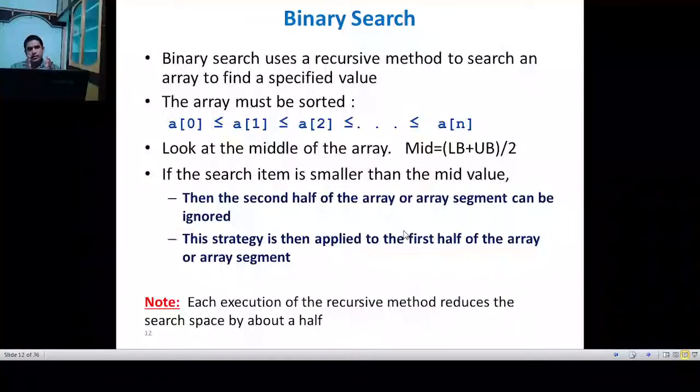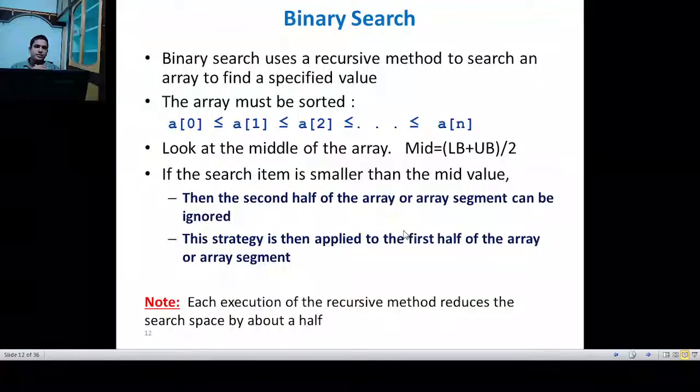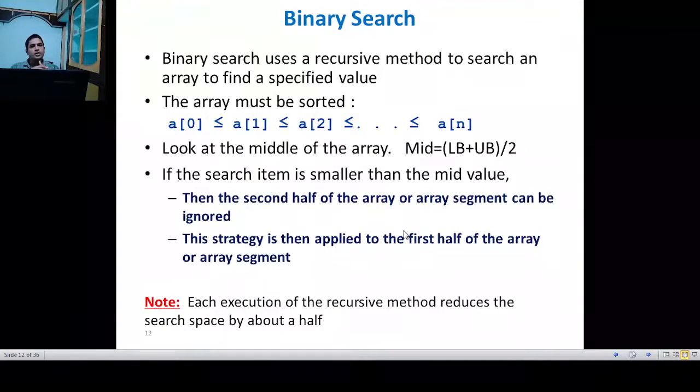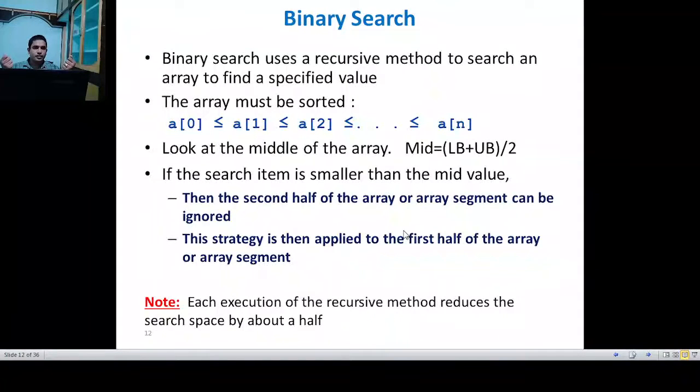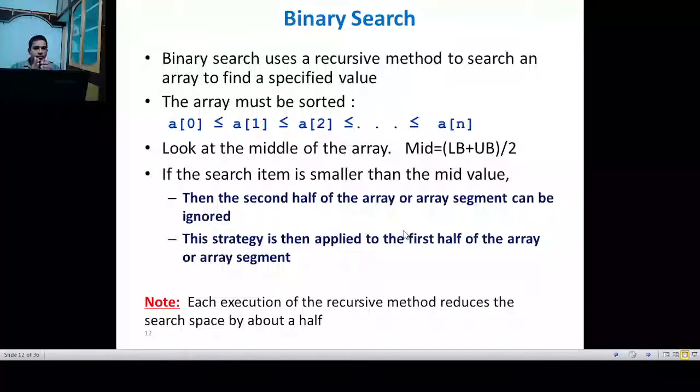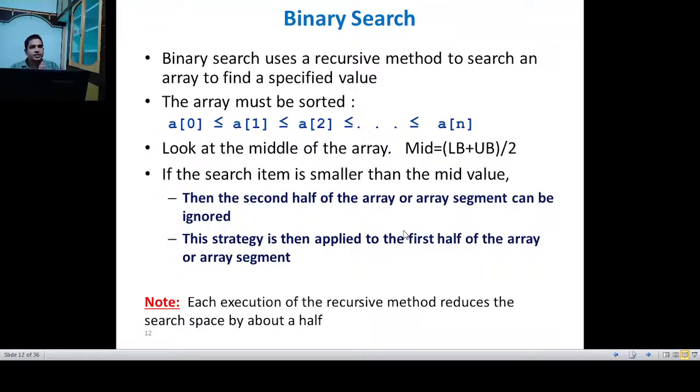So it's similar to searching a word in a dictionary, because all the words in a dictionary are in sorted order, or alphabetically sorted. Whenever you are going to search a word in a dictionary, you simply open the middle page. If the word is smaller than the word present in the middle page, then you search in the first half, otherwise you search in the second half. The same concept is also applied here in the binary search.